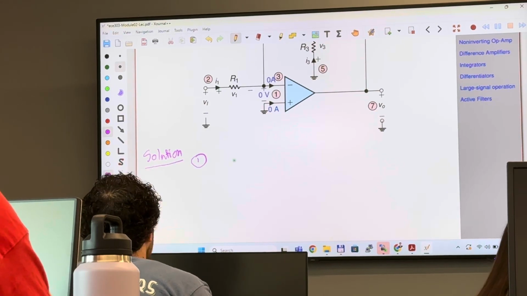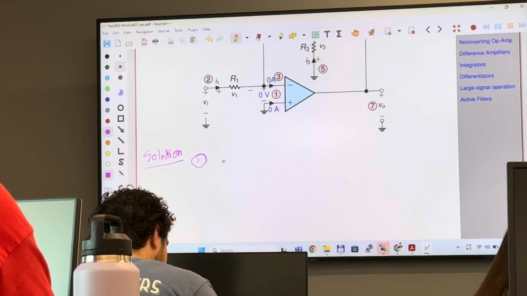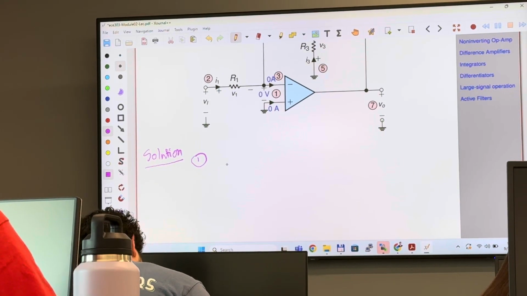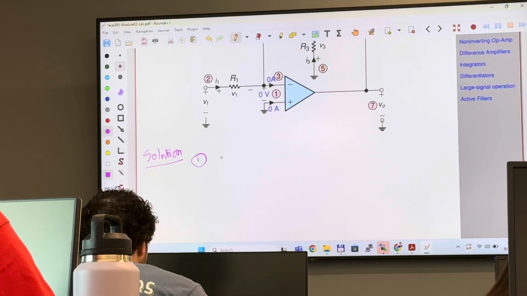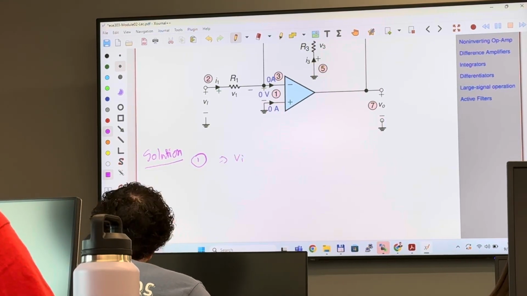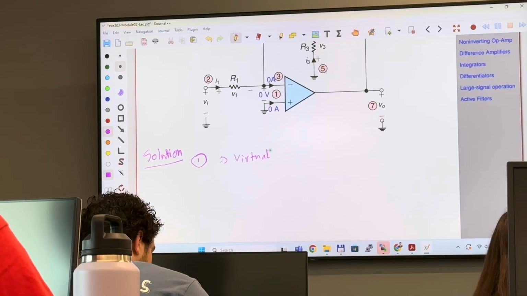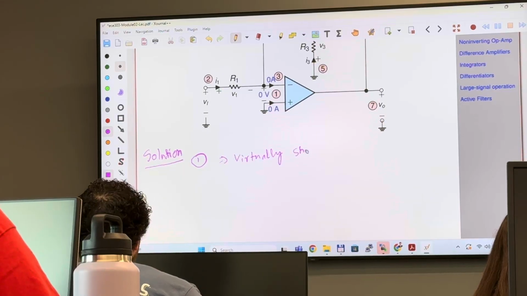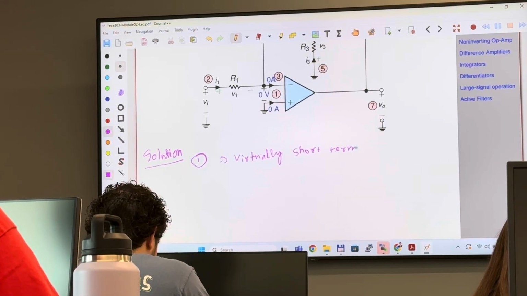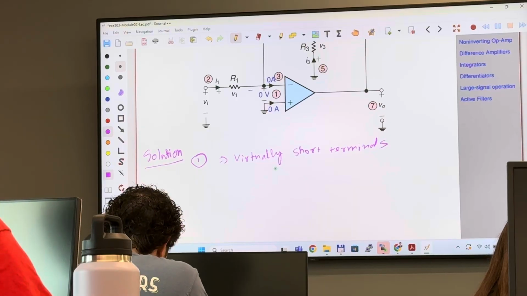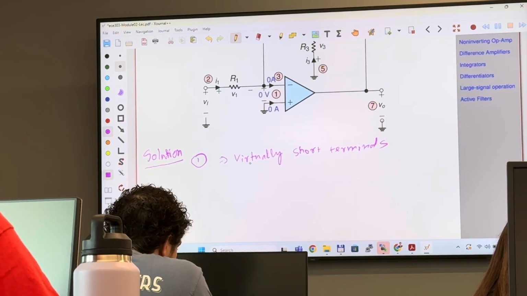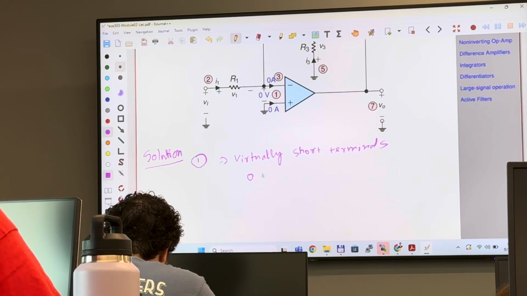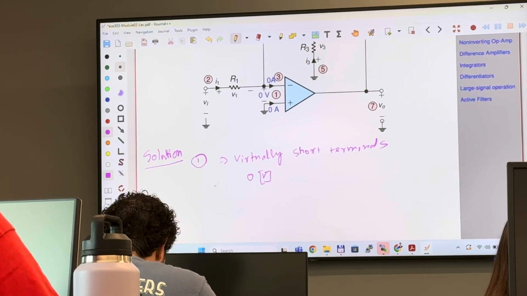Step 1. You have virtually short terminals. And in the exam, if you write this test, you don't have to write virtually short. You can simply write 0 volt. Okay. And then step 2,